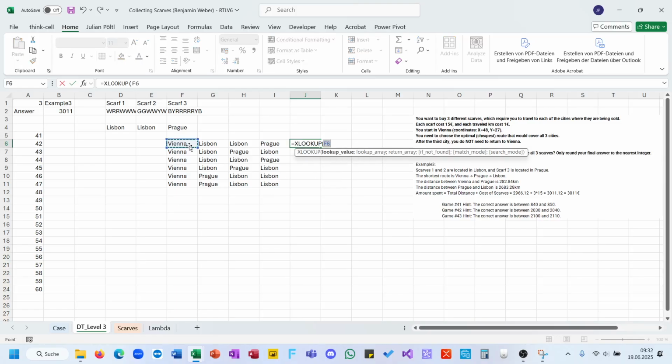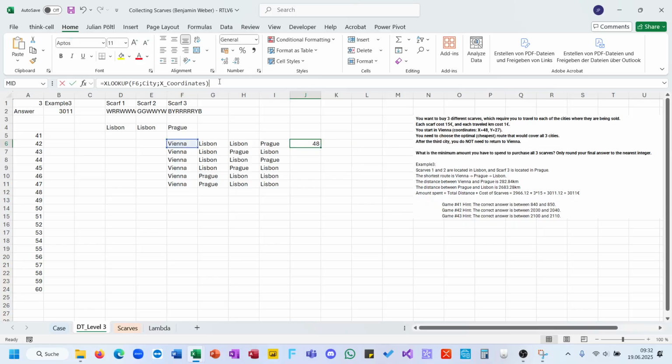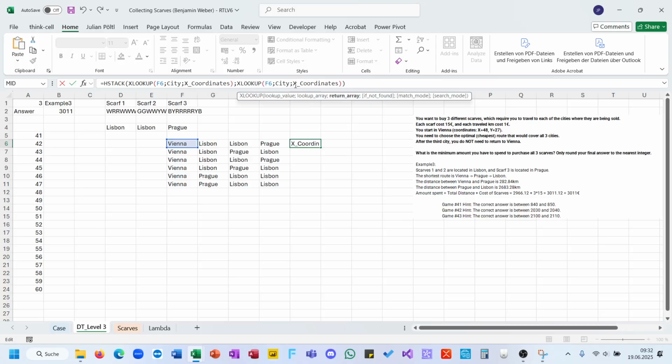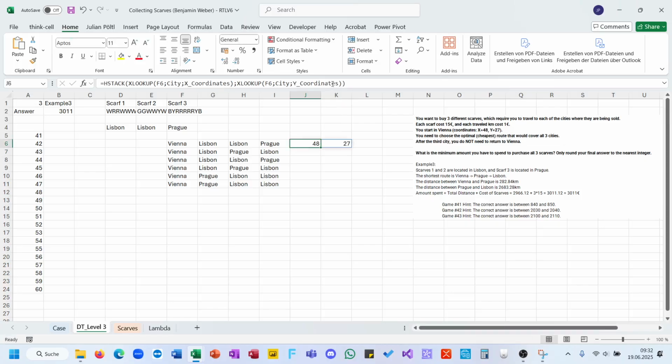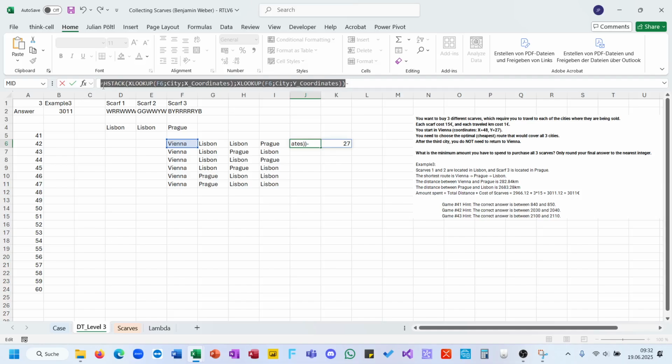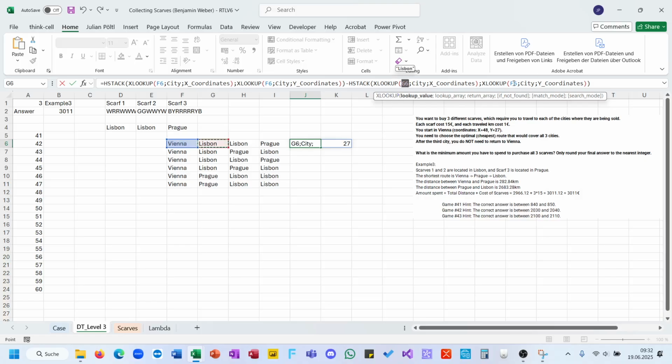XLOOKUP this in city, returning the x coordinates, and then XLOOKUP this stuff, returning the y coordinate, minus XLOOKUP of the same, but for the other city, for the second city,